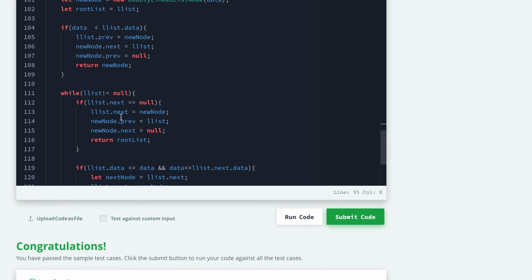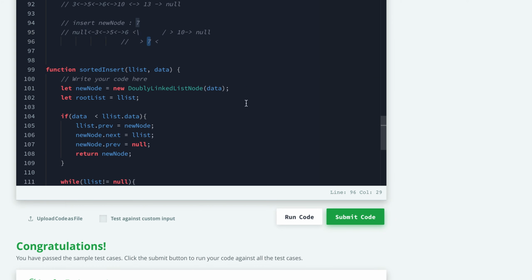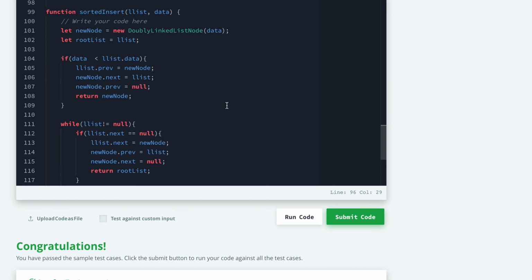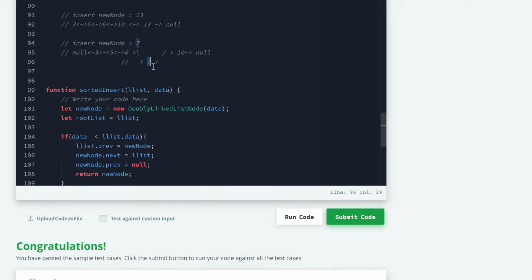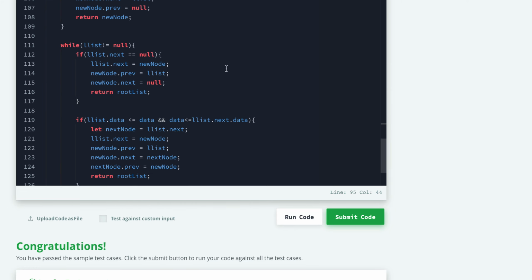So linked list dot next will be our new node which we have to insert, new node dot previous will be our linked list, and next node dot previous will be new node, meaning 7, and 7 dot next will be the next nodes.